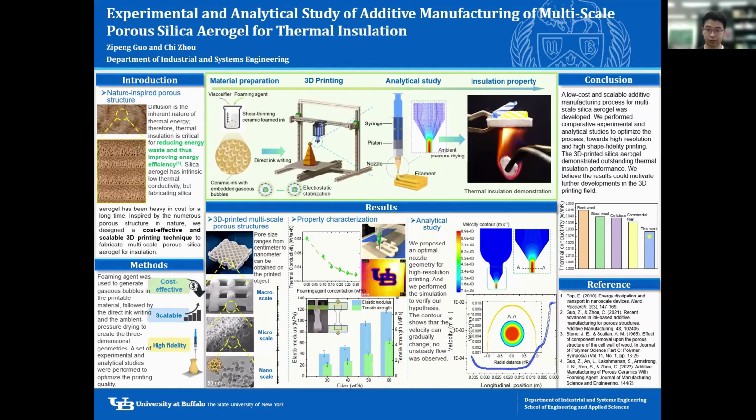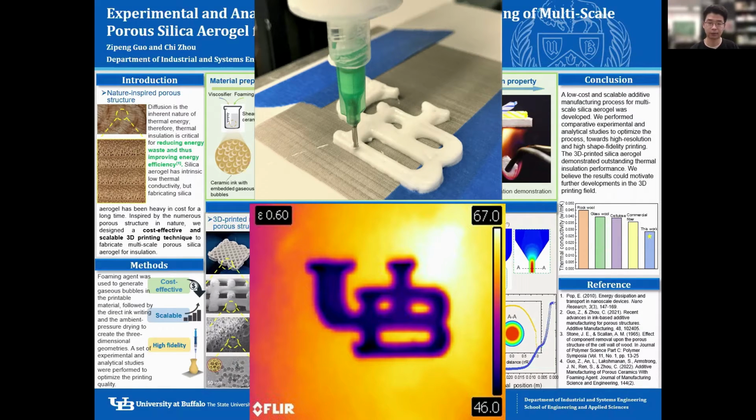Our experimental results verified that using the foaming agent can significantly reduce the thermal conductivity. And on top of that, to ensure the durability of such very porous samples, we further explored adding fiber to reinforce the mechanical strength. Here is a demonstration of the thermal insulation property of a 3D printed UV logo made